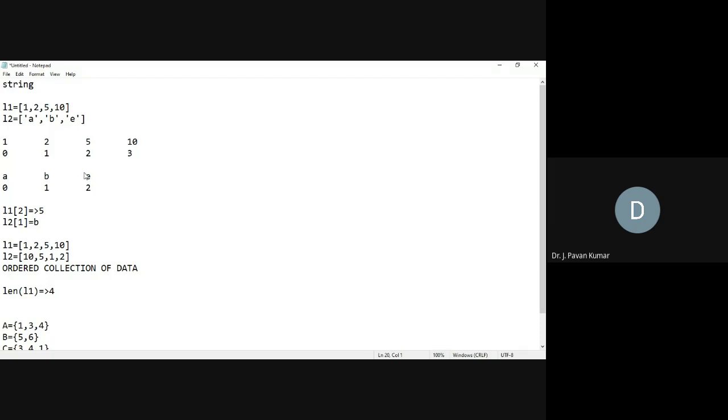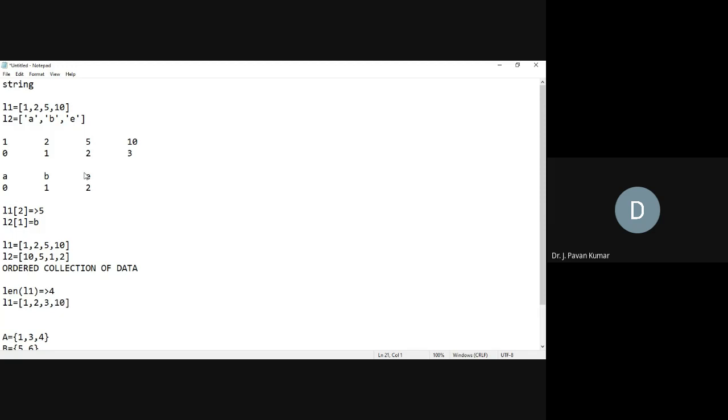Next, whether it is editable or not. The elements that we have in L1 are 1, 2, 5, 10. L1 of 2 means we will be getting 5. L1 of 3 means we will be getting 10. Now I wanted L1 like this: L1 is equal to 1, 2, 3, 10.